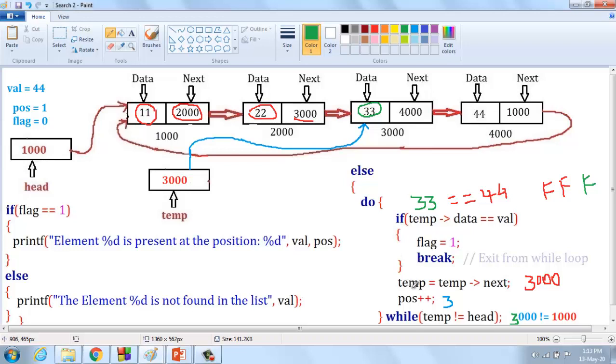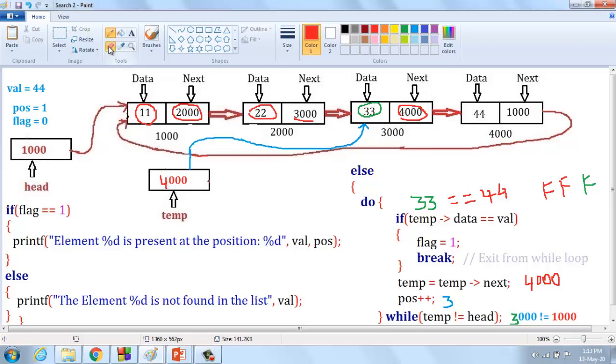Come out of the if condition and move to the temporary pointer. Temp equal temp of next. What is temp? Temp is 3000. 3000 of next is 4000. Okay, here temp value should be changed into 4000.